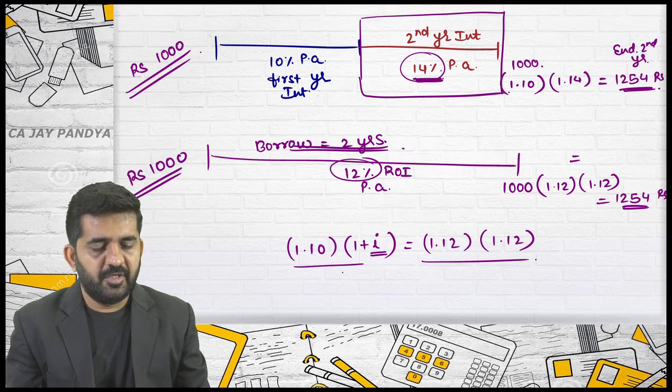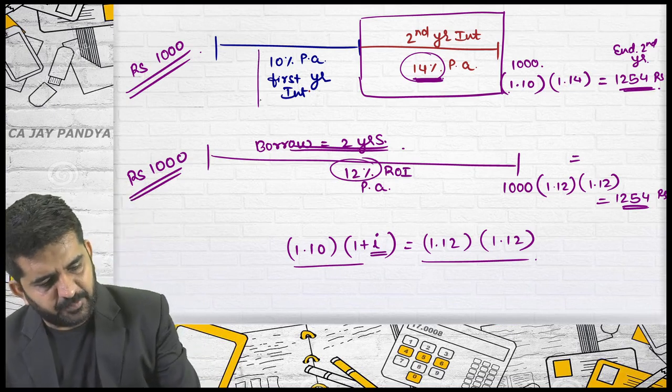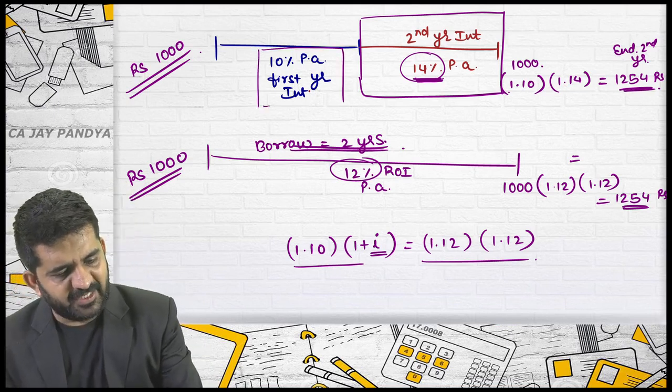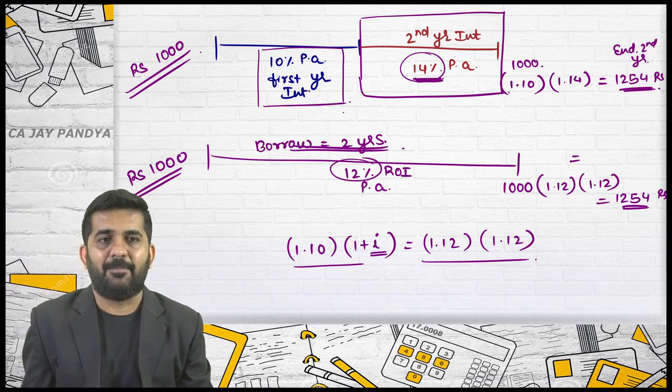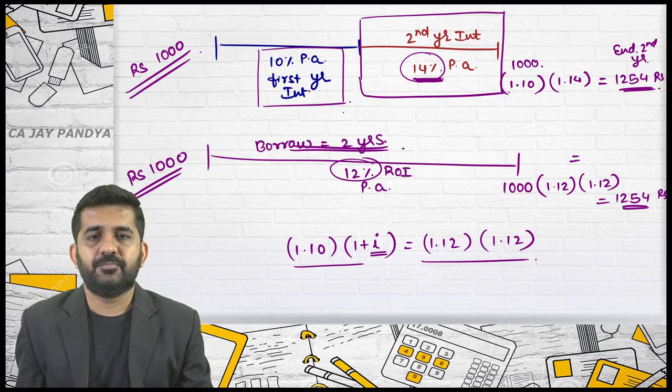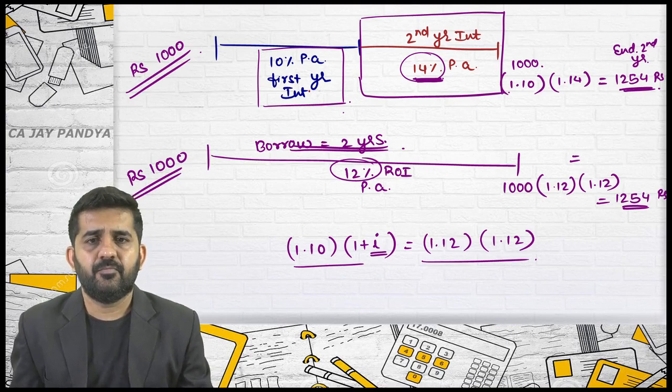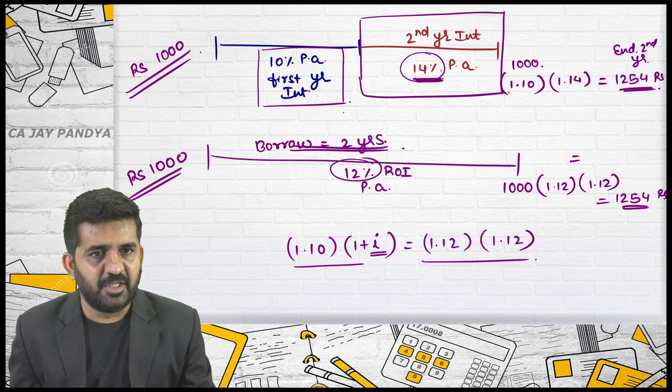Sakshi, can you explain me what is 10%? When will this be applicable? 10% rate of interest per annum, on which loan will it be applicable? Sir, 10% is the interest rate if I take a loan at the end of 0 year for 1 year. Exactly. This is correct.